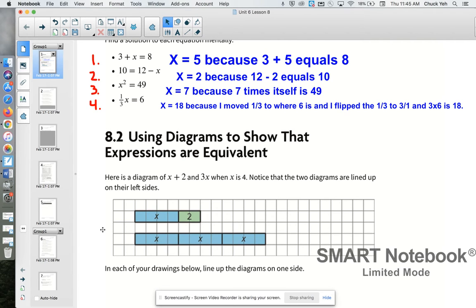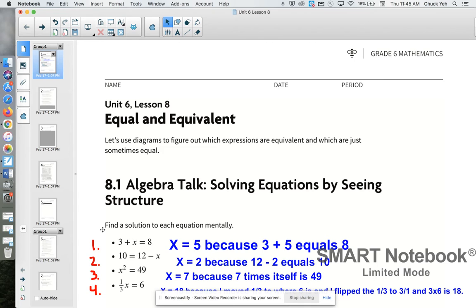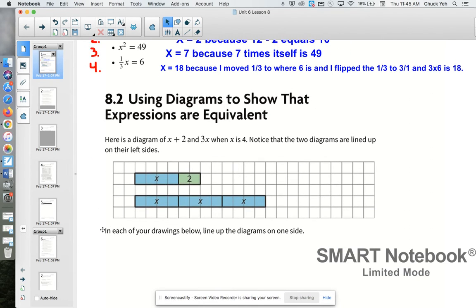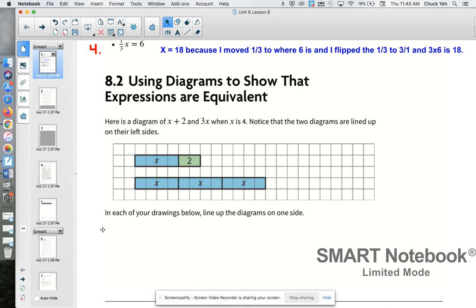Today is March 18th. We're going to continue with our Lesson 8 student task statement. On 8.2, using diagrams to show that expressions are equivalent, here's a diagram of x plus 2 and 3x when